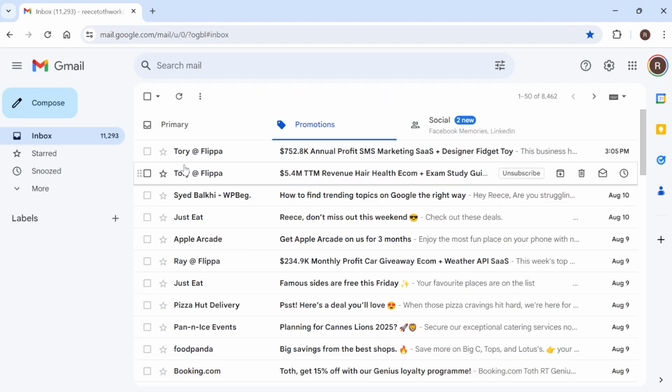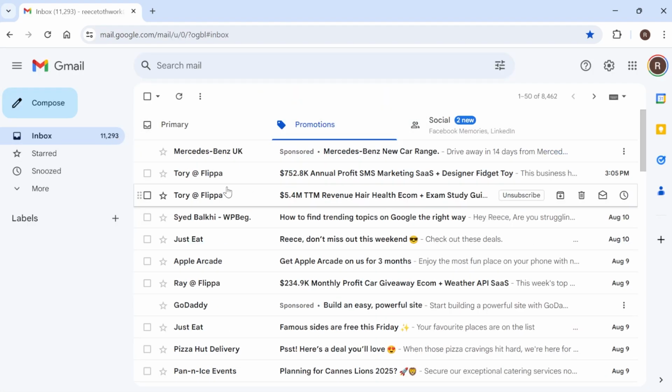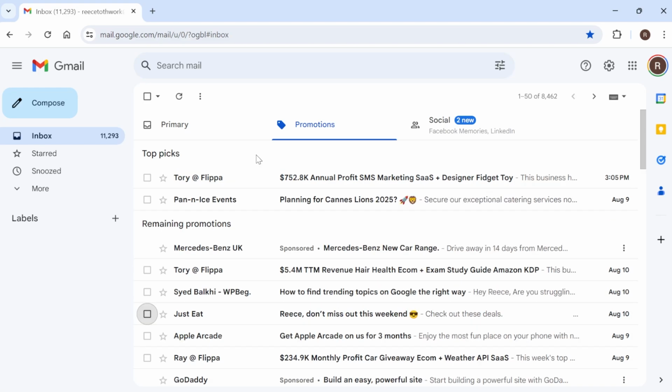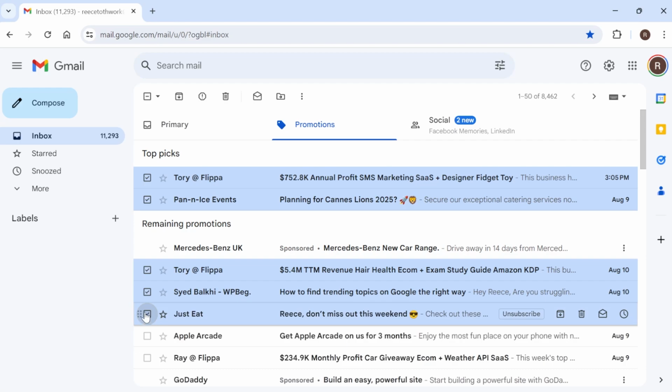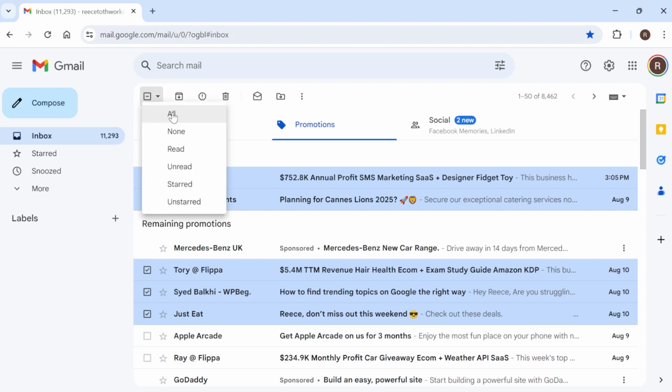And inside of my email client you can see I have tens of thousands of emails that I want to delete here. So obviously we can just go through this list individually and select the ones that we want to delete and then head over to this trash icon over here. However, because I have 11,000 emails, this is going to take absolutely forever to do. So instead what we can do is come over to this little top left tab here and select all,